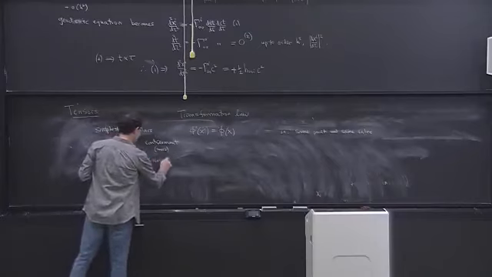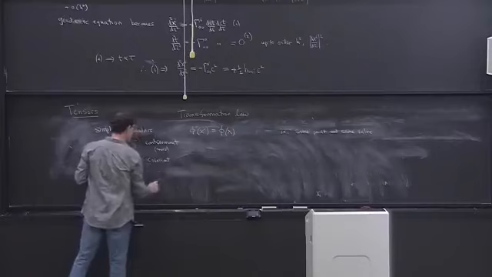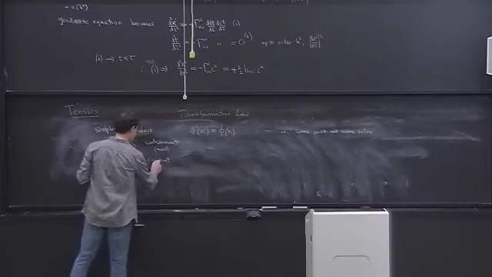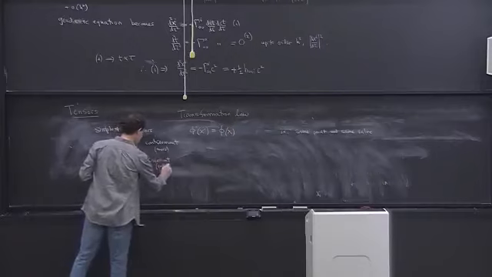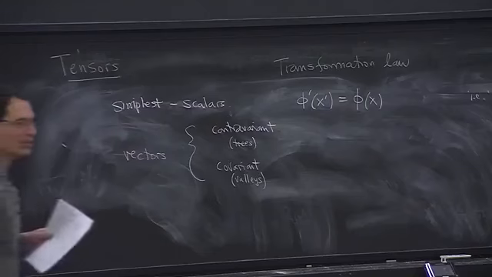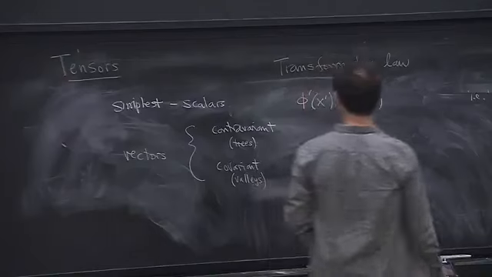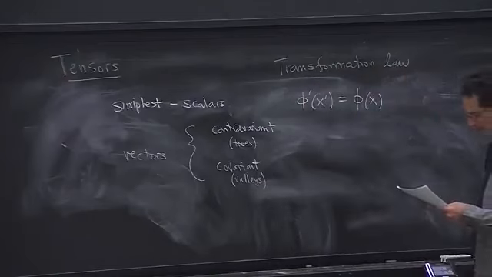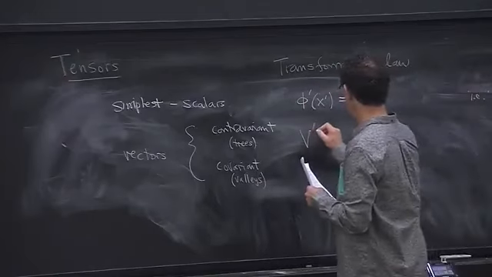Okay. Covariant indices, "val" is short for valleys, and valleys go downwards. I don't know what the original motivation was, but there are two types of vectors, and they transform as follows: